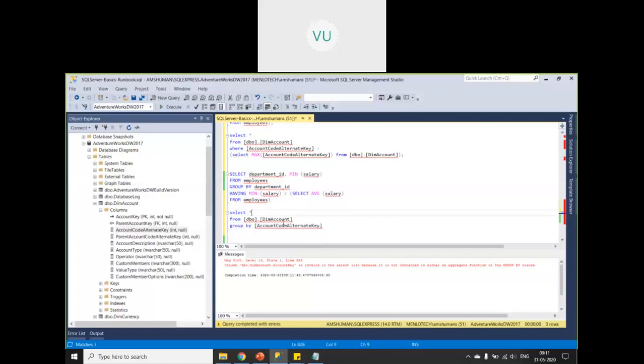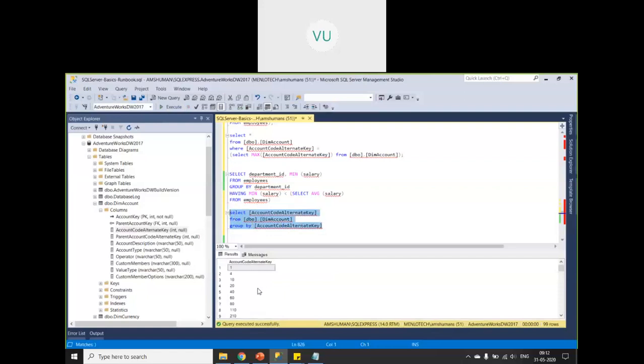I can't select star, so I'll select this column itself from this table. How many groups are there? 99 rows. That means 99 distinct values of this particular column.